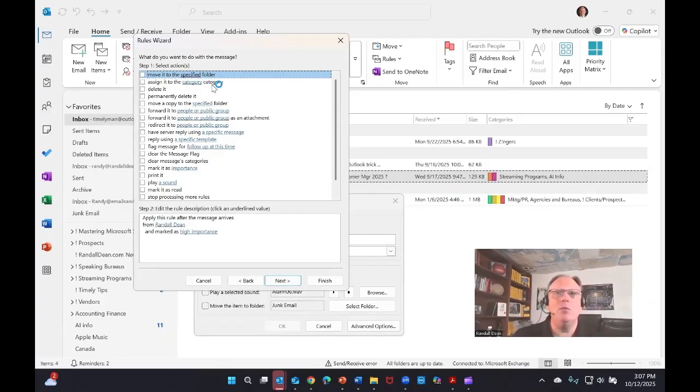You can set up auto labels like if it's one of your key clients, every email they send, you could automatically label it client. Notice this, you can do auto forwarding. Be careful with that. You can also, now notice this, move copy to specified folder. Let me tell you what this one's for. Let's say there's a person that